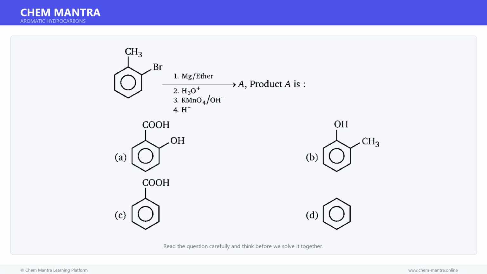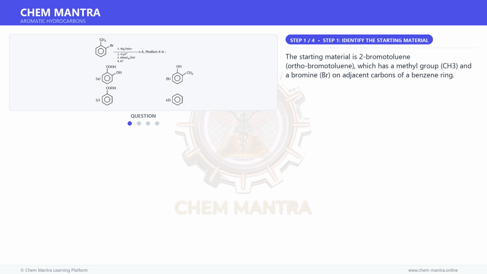Here is a question. Read it carefully and think about the answer. Let us solve it step by step. Let us begin solving this step by step. The starting material is 2-bromotoluene, ortho-bromotoluene, which has a methyl group CH3 and a bromine Br on adjacent carbons of